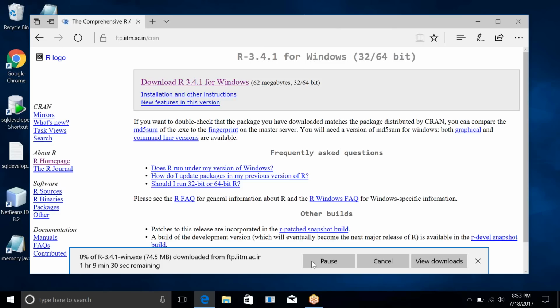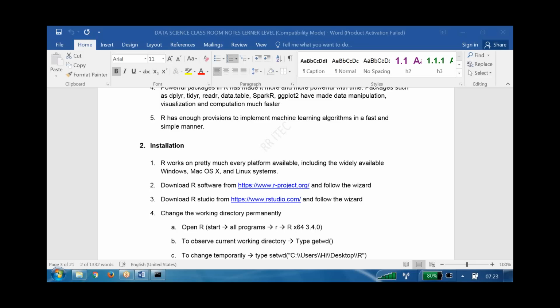Maybe another person who has good bandwidth can. Prasad, you there? Do you have good bandwidth? Okay. Anyhow, there is not much process. Let it download, no problem.